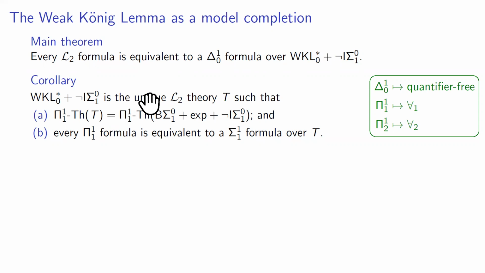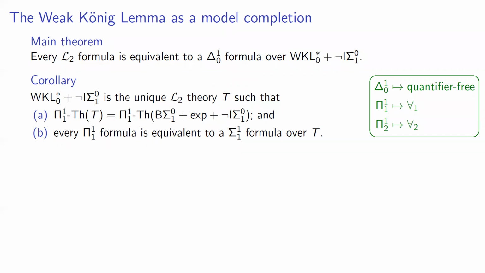The usual meaning of a model companion is that it has to be model consistent with the original theory, and it has to be model complete. And this is precisely the analog of those two conditions in the context where we have this conversion of arithmetical into quantifier-free, etc. So model consistent means that the two theories have the same pi11 consequences in this case. And model completeness usually means every universal formula is existential. So in this case, every pi11 formula is sigma 1, 1, which we know is true because with quantifier elimination, not only are all the pi11 formulas sigma 1, 1, but they are arithmetical. So model complete and